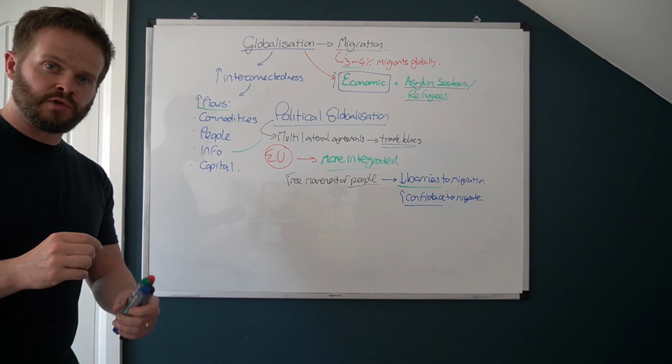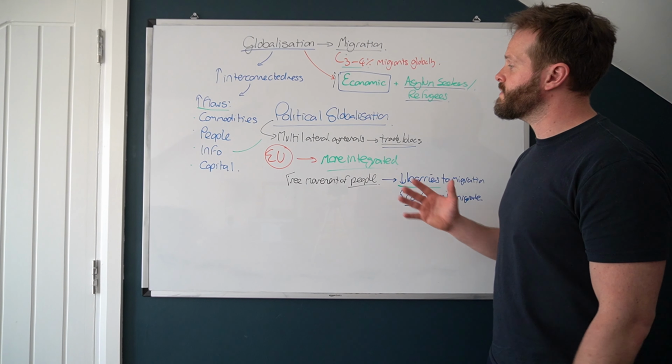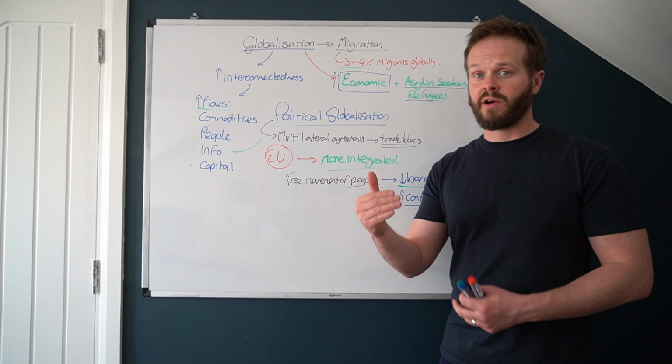Now again, what becomes really important when we're writing a paragraph about political globalization and ways in which trade blocs can increase movement between countries of people, we can bring in more theories. Now remember, the theories, these are the things that are going to boost the level of your response in 20 markers. They're even going to boost the level of your response in things like 8 markers and 6 markers as well. So it's always worth trying to weave our theories into any kind of paragraph that we're writing.